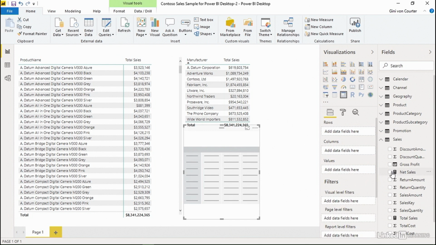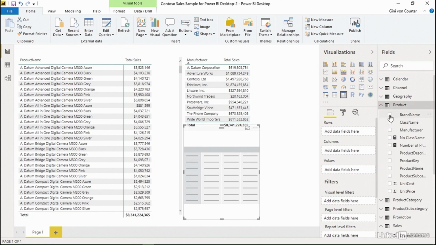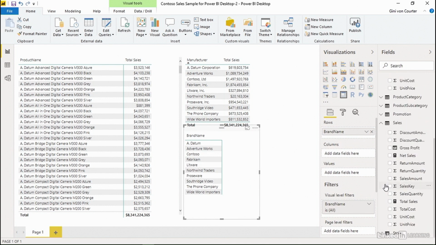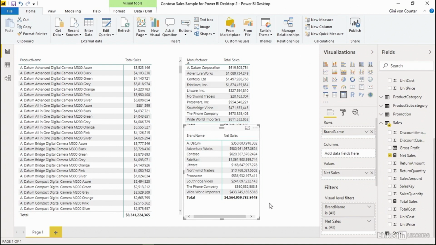And let's drop in, for example, product, particular brand name. And now let's use our new measure, net sales. And this is the net sales figure for each of these manufacturers. Not total sales. Total sales is in the 8 billion range. Net sales is in the 4 billion range. Remember also,